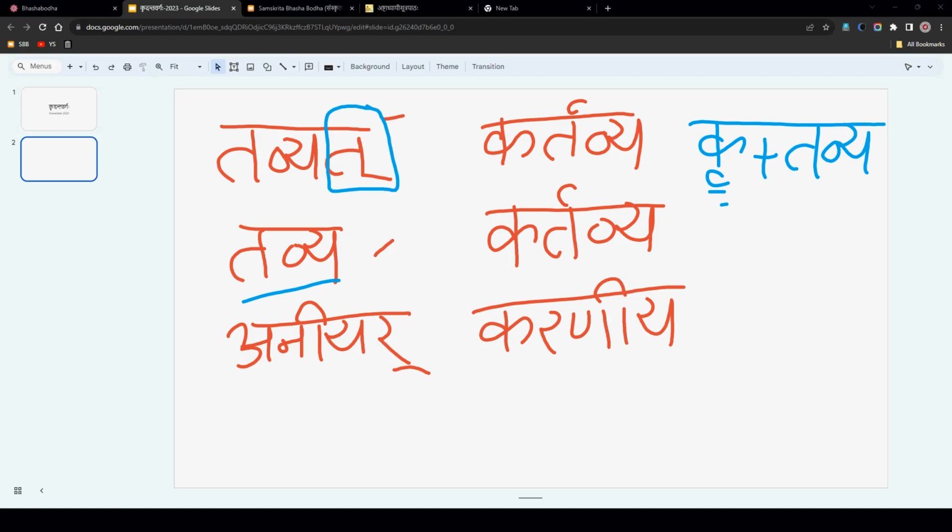The question is why Panini's Ashtadhyayi gives these two different pratyayas, Tavyat and Tavya, to derive the same form. Both end forms are the same, Kartavya, Kartavya. In the first case, the last letter is removed because of the it letter, and Tavya has no it letter. Why are there two different pratyayas? This is because